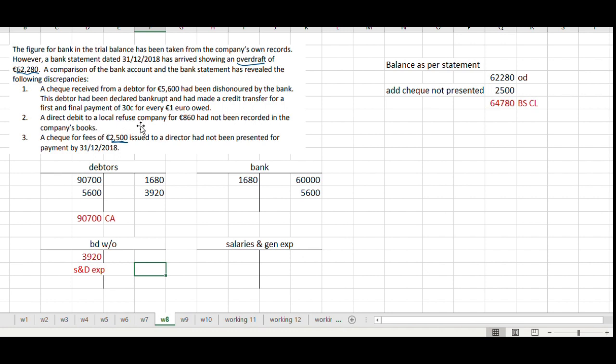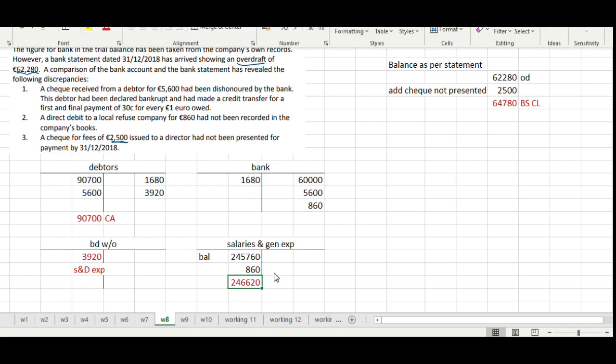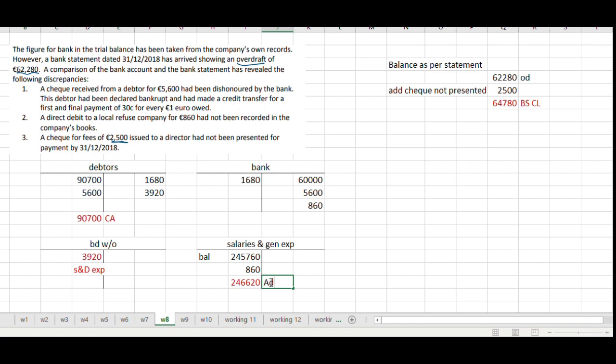A direct debit to a local refuse company for 860 has not been recorded in the company's books. So salaries and general expenses, opening balance is 245,760. 860 hasn't been recorded, so we're going to add 860 or debit 860, which gives us 246,620, and we're going to credit 860 to the bank account. So salaries and general expenses figure, that's going to be an admin expense in the P&L,